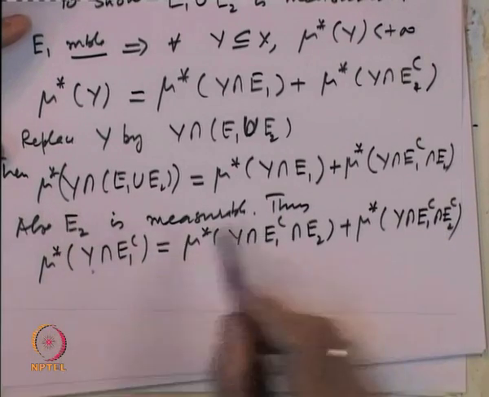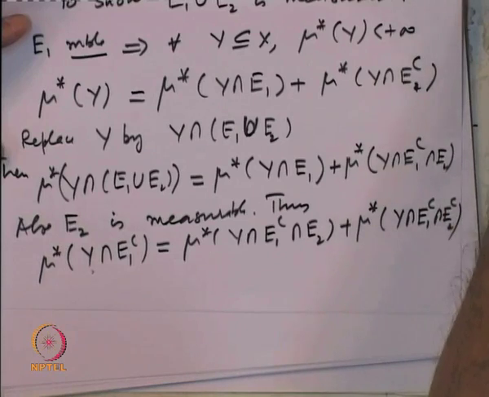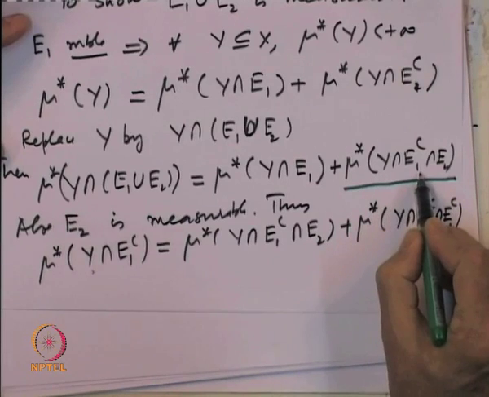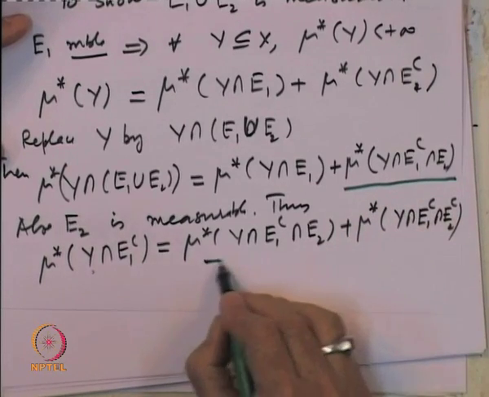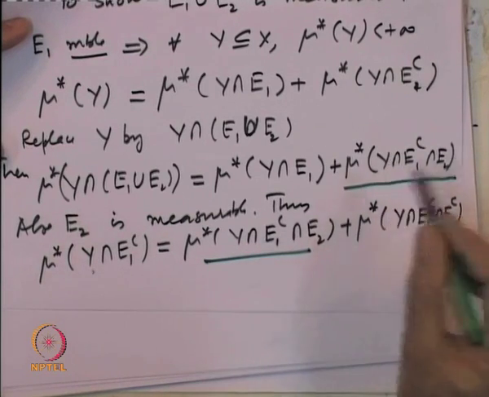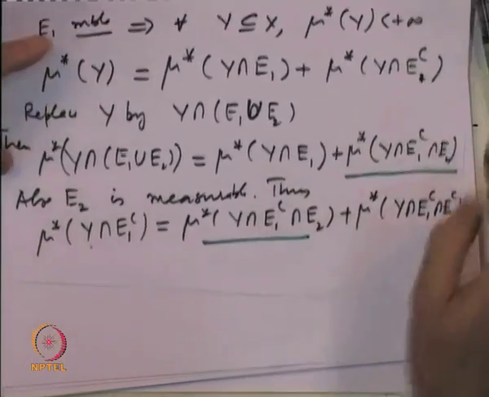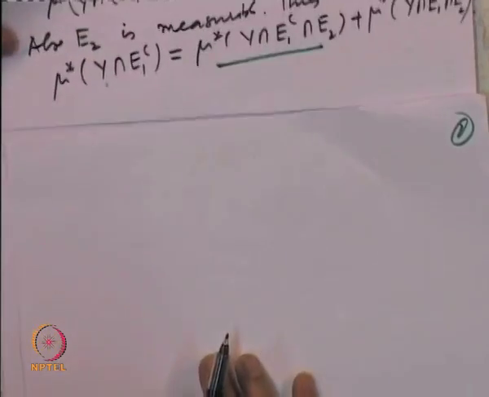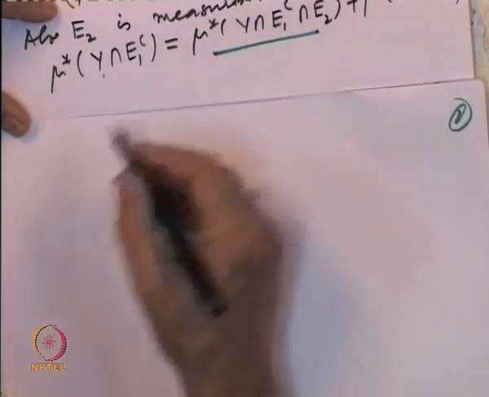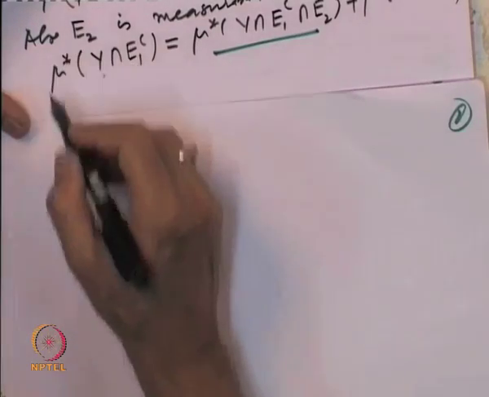Now, in these two equations, look at this term, y intersection E 1 complement intersection E 2, that is also sitting here. So, we will compute the value of this and put it in that equation. So, let us do that. From this second equation, we put the value there. So, from these two equations,